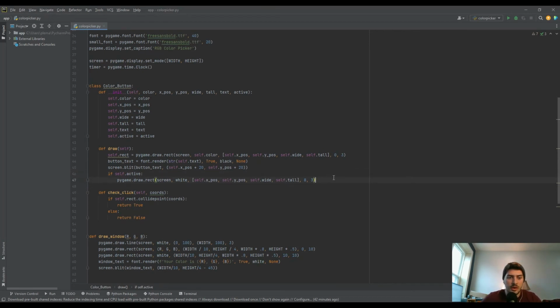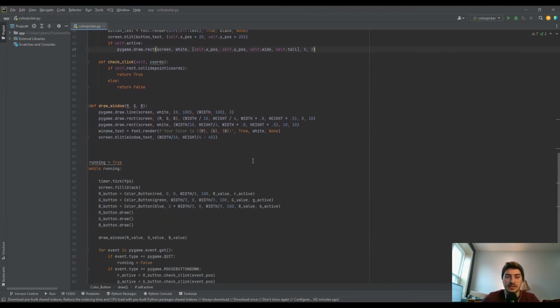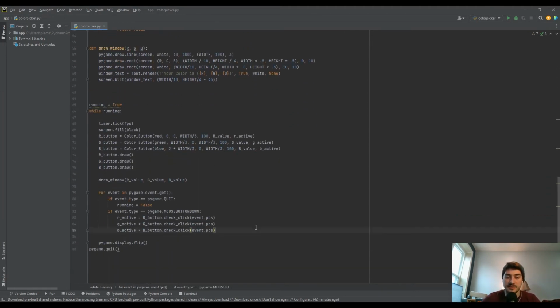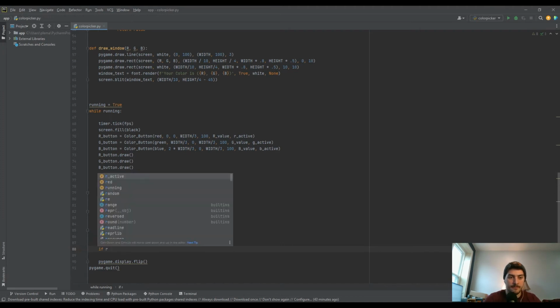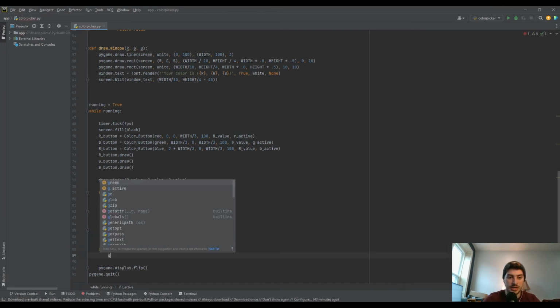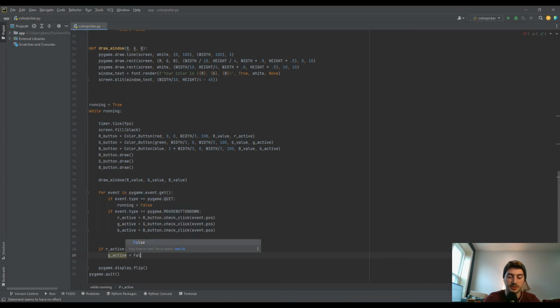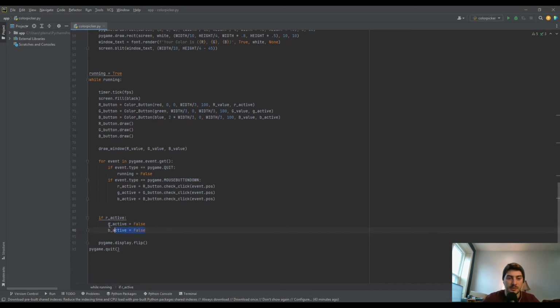Okay, but so that should at least let us click on a button and see if it's active. But then one thing I want to handle outside of the loop is just if rActive, then I want gActive to be equal to false and bActive equal to false. And this is going to make it to where you can't have multiple active colors at the same time, because you don't want to be editing all of your colors at the same time. So